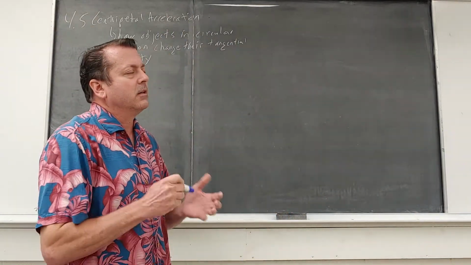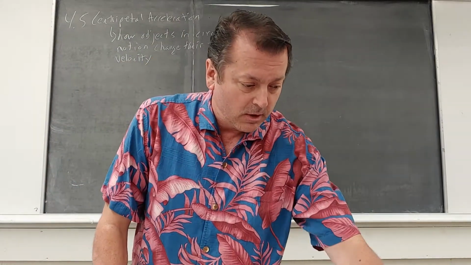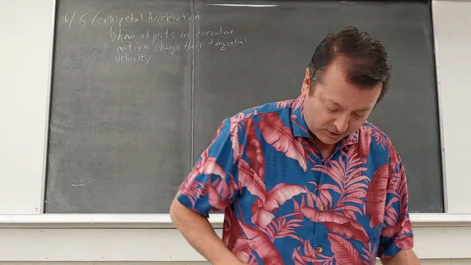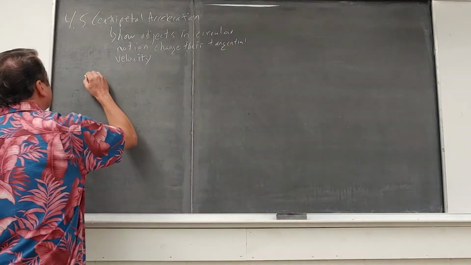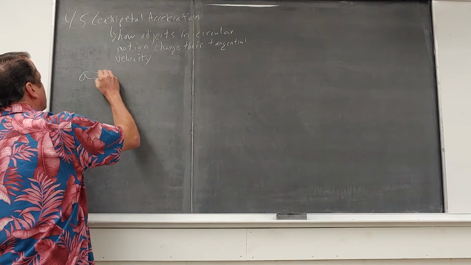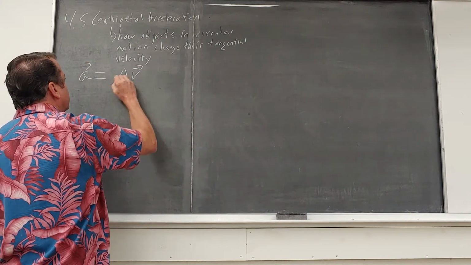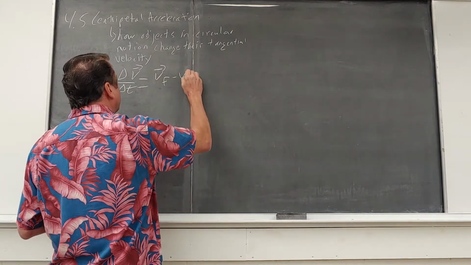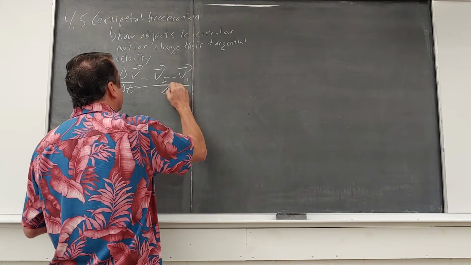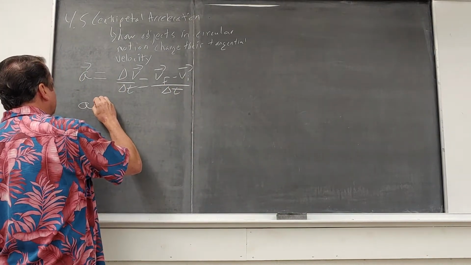Now let's think, how can we determine the direction of that acceleration? Well, let's look at the direction of that acceleration. So acceleration previously would be the change in velocity over change in time. So it's v final minus v initial vector over delta t. So what I'm going to say is that the acceleration